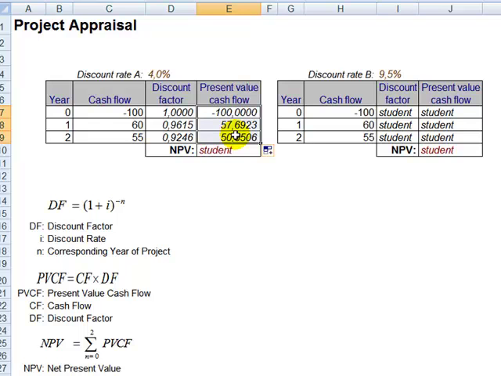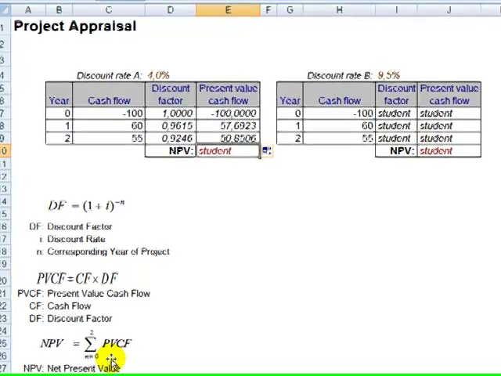Now, the net present value is given by this financial formula. Don't be scared by this sigma symbol here. It's just the mathematical symbol for the sum. And